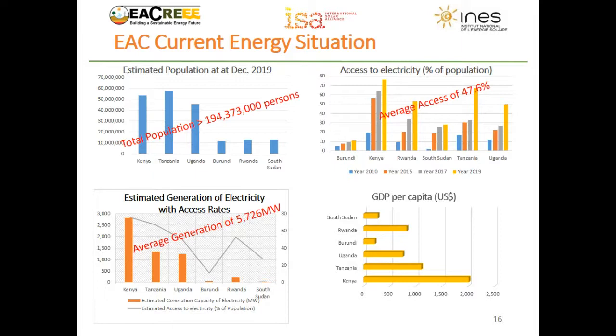And this shows that there is quite a huge potential for us to go in and support this effort through off-grid, which are currently the more reliable and cost-effective ways to access, especially for very rural communities. The GDP also is quite reflective of the population, as you have seen, and also the generation capacity.